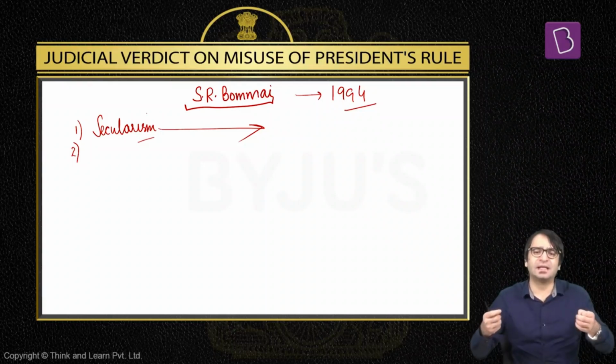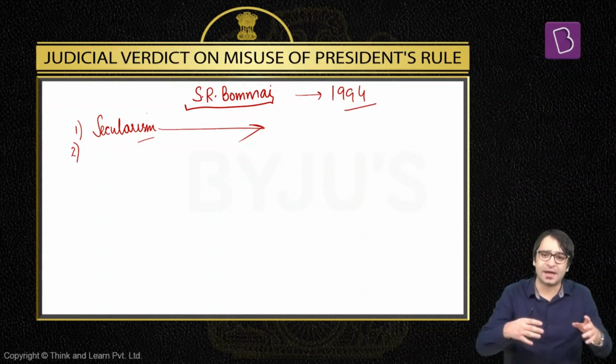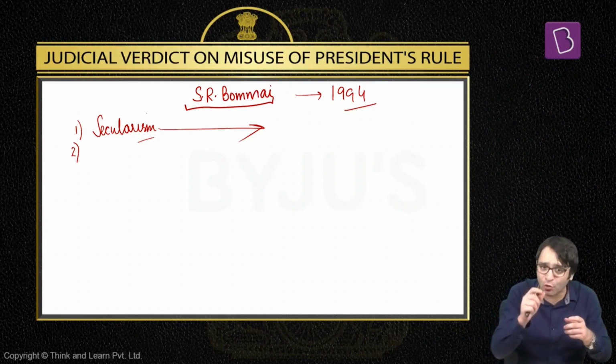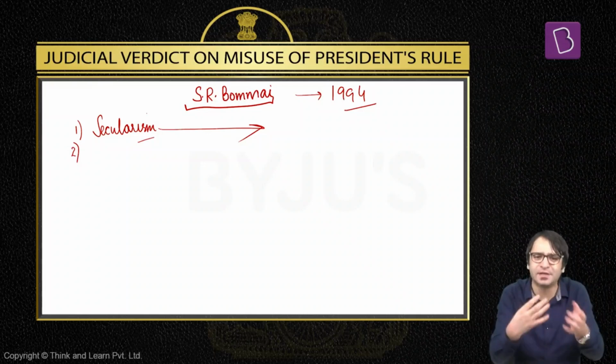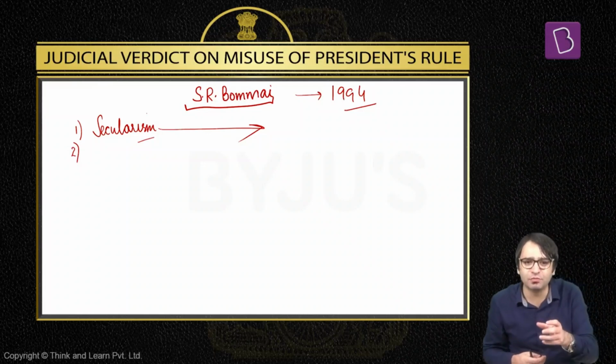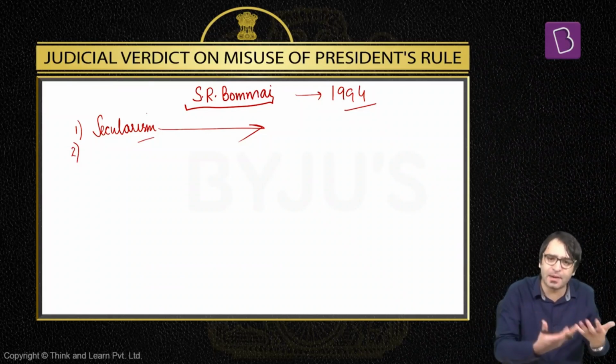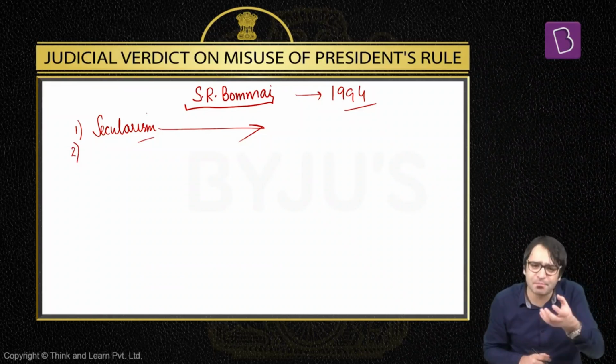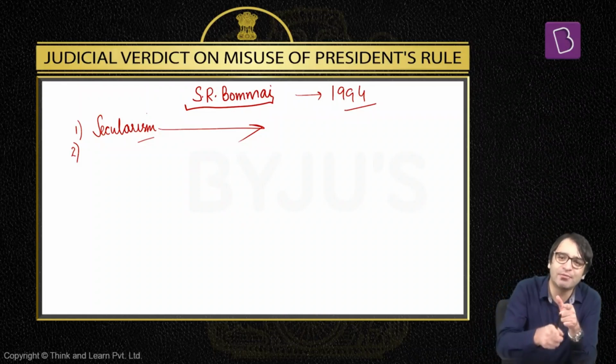In my election manifesto I say that I will give you so many freebies. I will open a university, a college, a dispensary, I will give you a juice mixer grinder, a gold coin, a buffalo. These are the promises made by various political parties in their manifestos. If tomorrow I come to power and I fail to abide by my election manifesto, and there are people protesting against my government, it is a breakdown of law and order. It is not a breakdown of constitutional machinery.